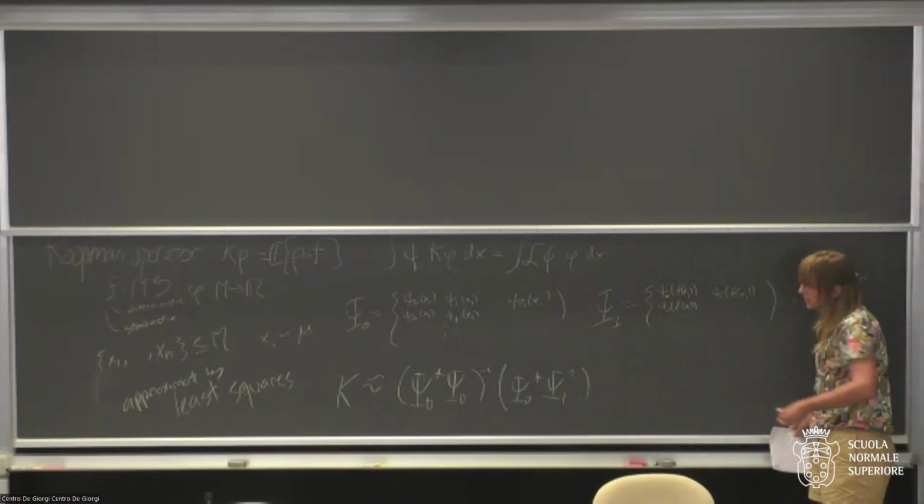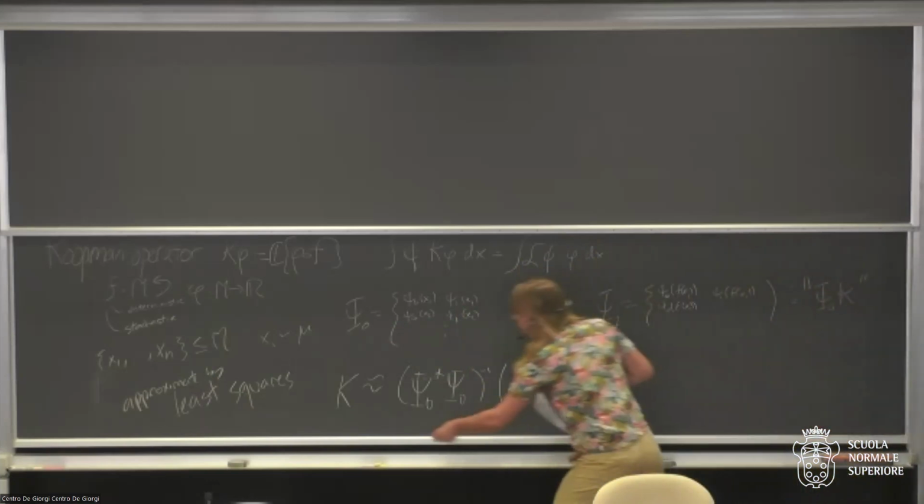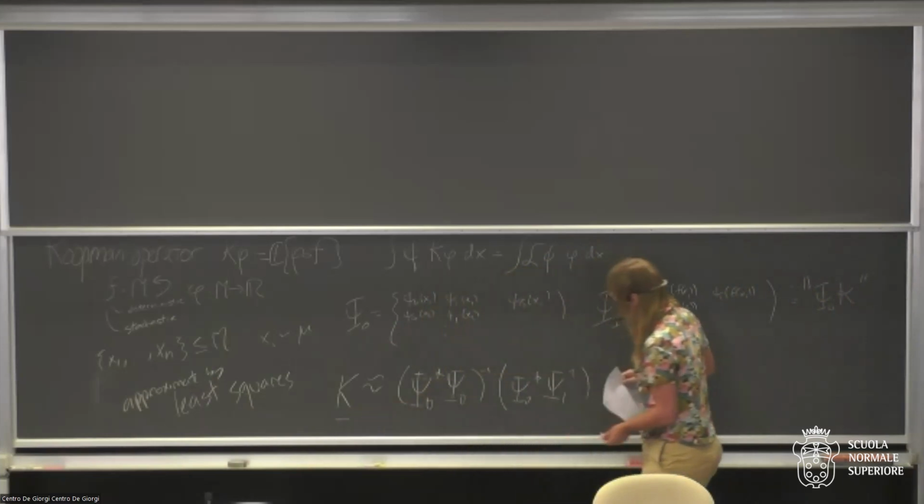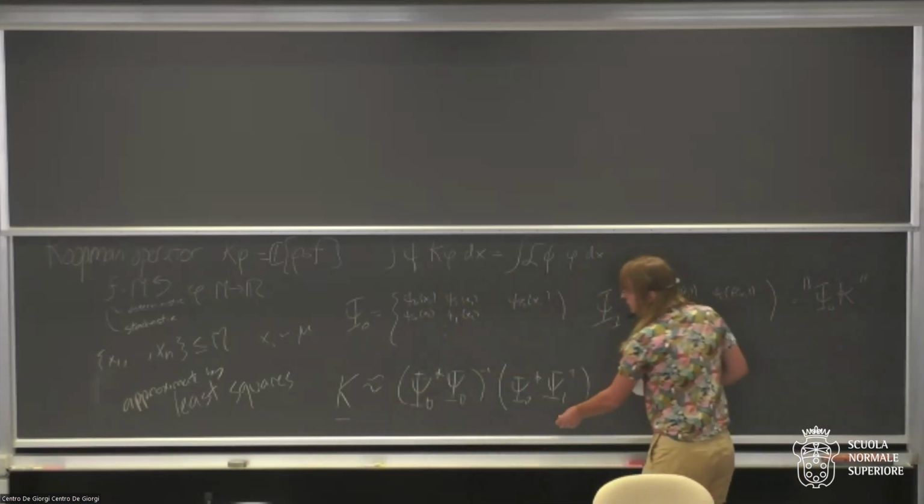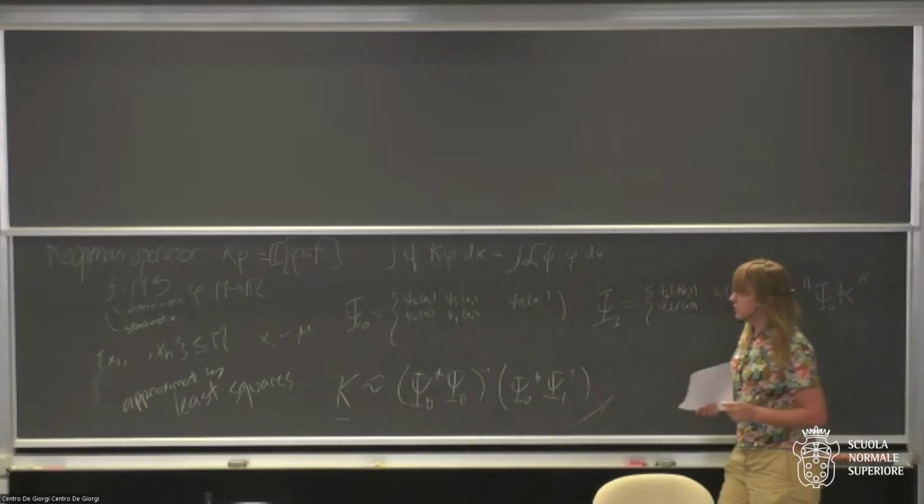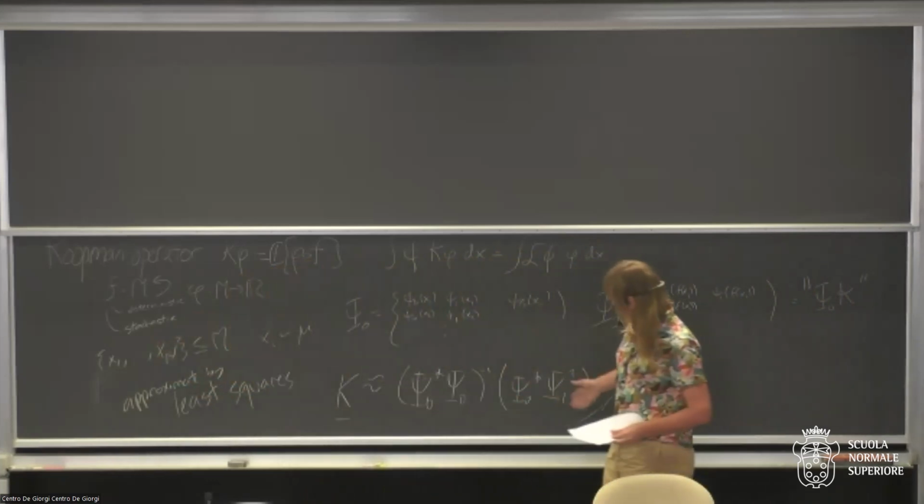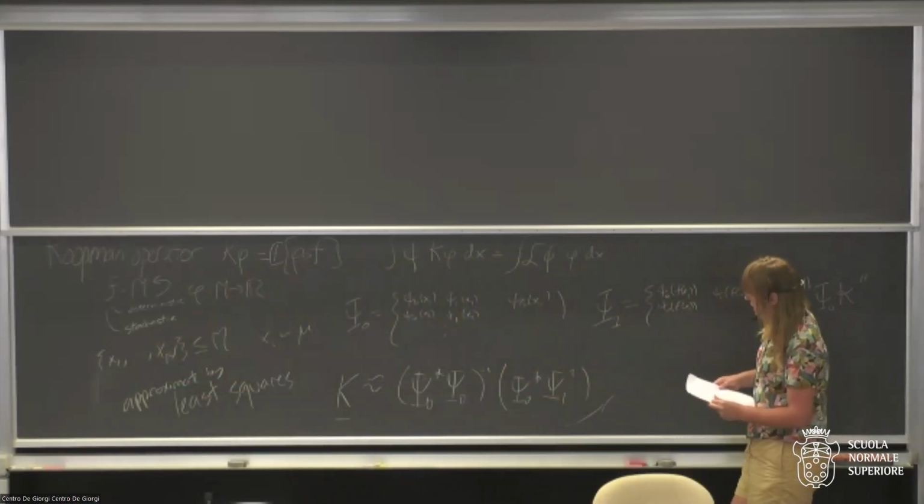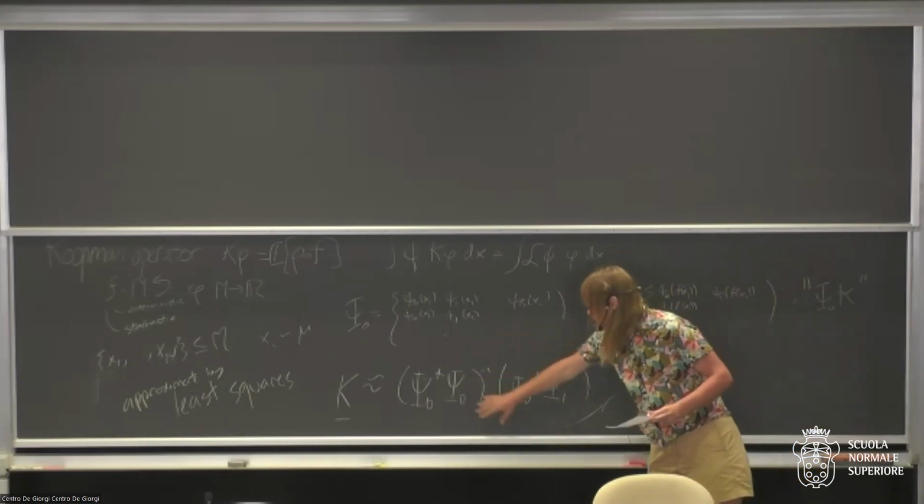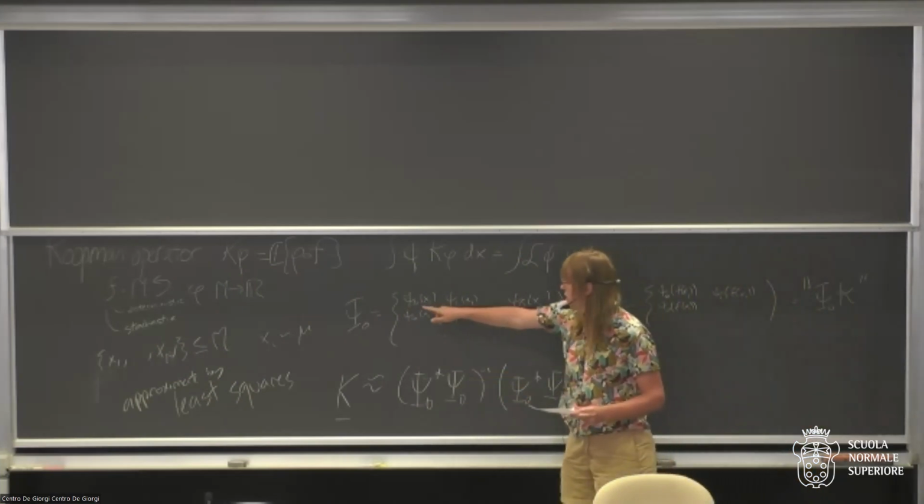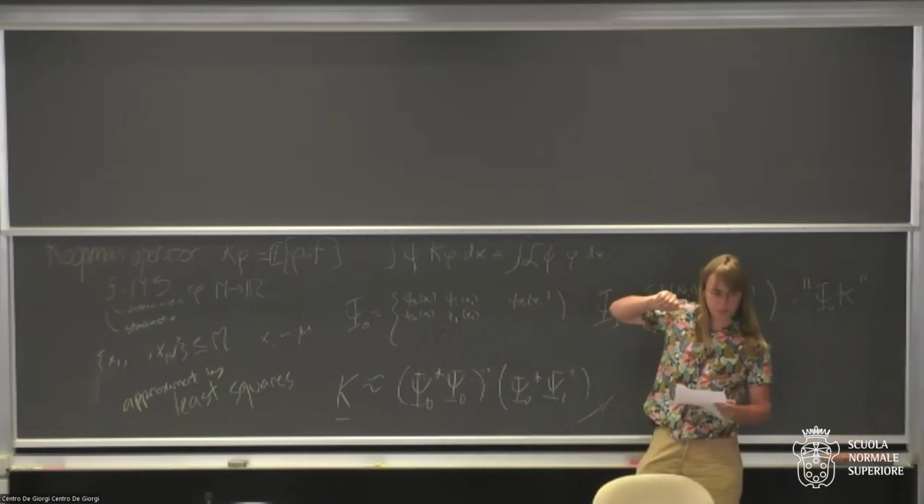And so this ultimately approximates your infinite dimensional Koopman operator by some matrix. And so you can think of this as kind of the approximation of the Koopman operator in the basis given by psi naught up to psi b